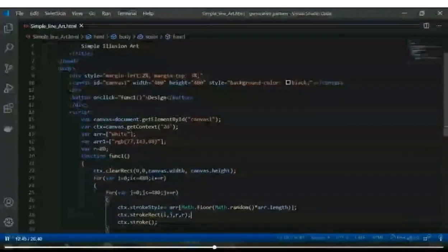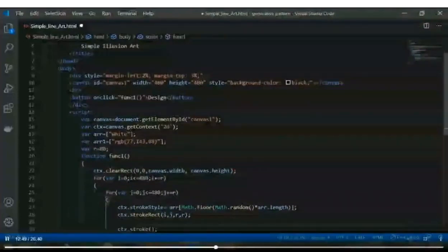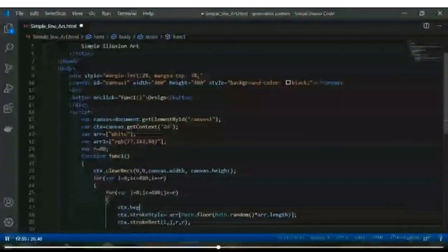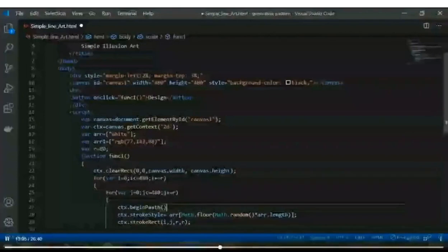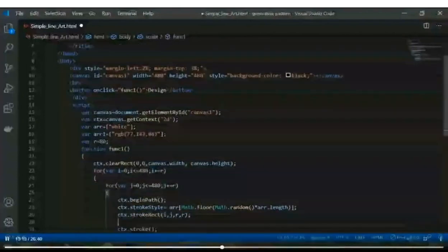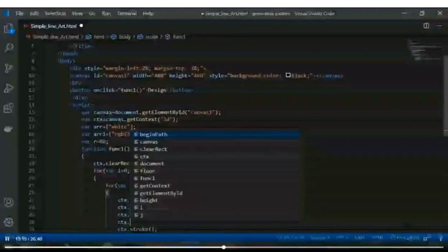Now I am going to use beginPath method to mark the beginning of the pattern. Now the time is to write the coordinate points for the top left quadrilateral using moveTo and lineTo function.